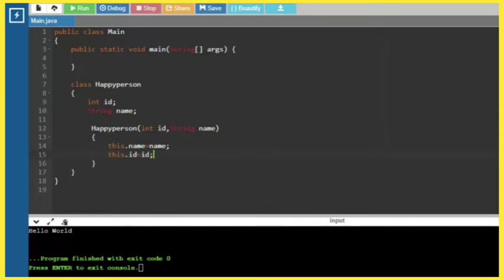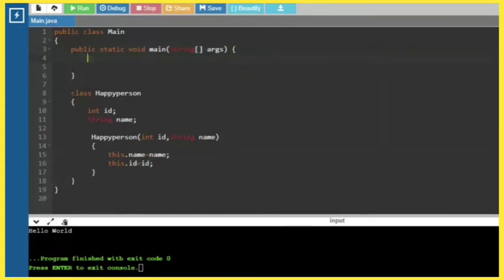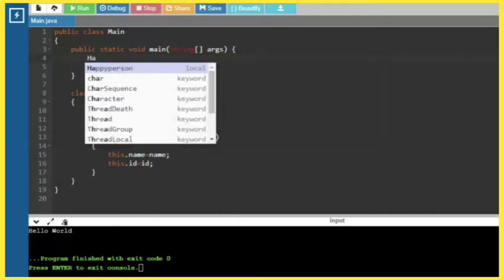So to initialize this we will use the this keyword. So this dot name equal to name.